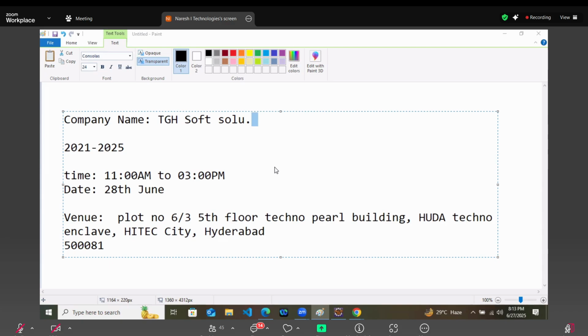It used to be SCJP, Sun Certified Java Programmer. That was the course name. Now this course is even closed by Sun Microsystems after Oracle took it over. But don't worry about it. Java means Java only. Core and advanced are for academies and for courses. Java is Java, right?